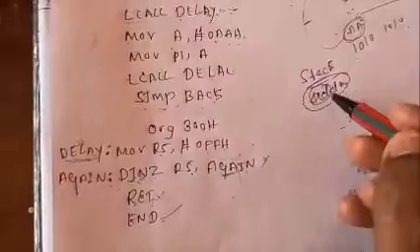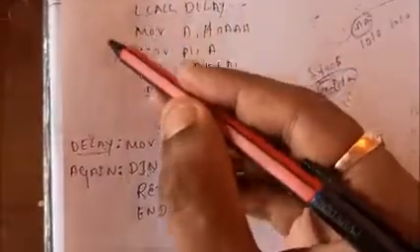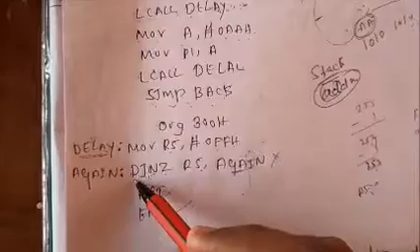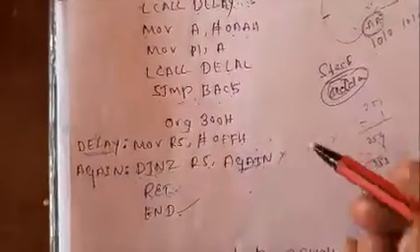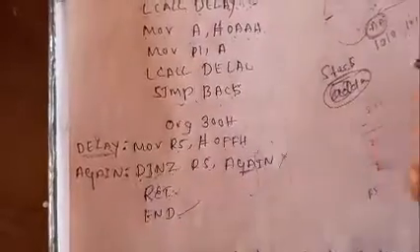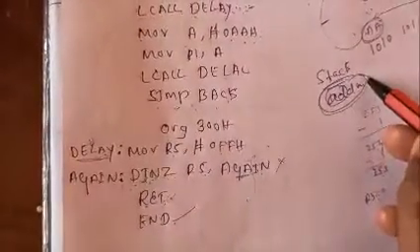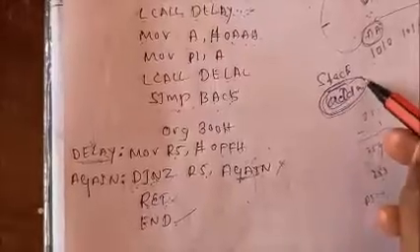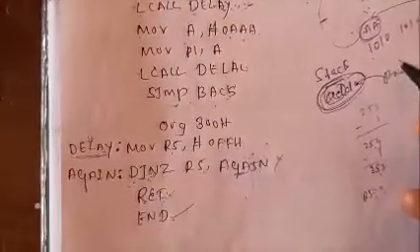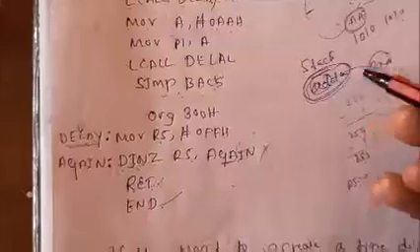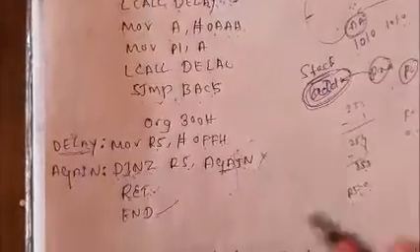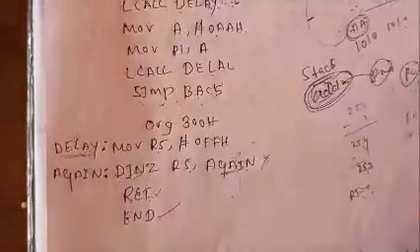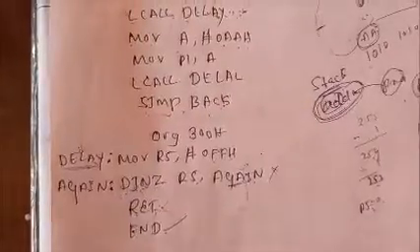So once it is stored in the stack, what will happen? Program execution will go to the subroutine. After the completion of this subroutine, is it clear? Again what will happen? It will come back to the stack here. The stack holds the address, and it is popped. In the sense, what will happen? It retrieves this address and loads it to the program counter. Because, as you already know, the program counter holds the address of the next line which is ready for execution.